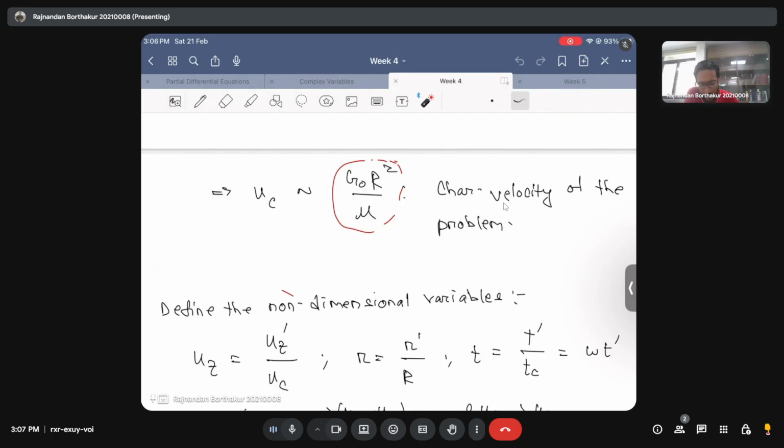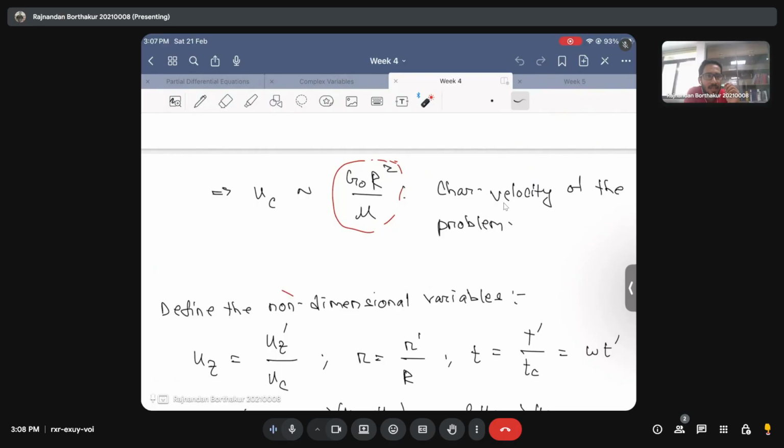Now remember, in this problem we have chosen the characteristic velocity to be of this form typically because, as I said, it's the pressure gradient which is responsible for creating a non-zero velocity field in this problem. Having said that, there can be multiple ways through which you can choose characteristic scales, as we have discussed. It is not always that you can naively choose a characteristic scale and get a correct representation of the dimensional counterpart. That choice has to be wise,